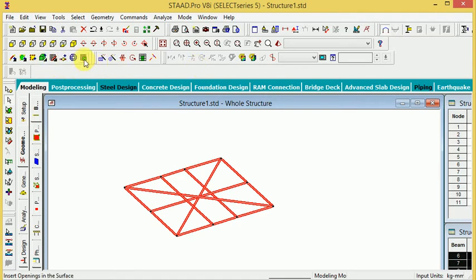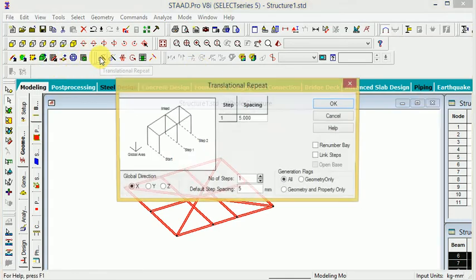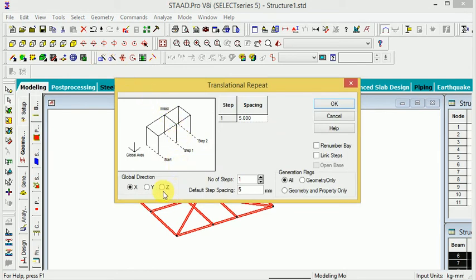So first of all select this pattern repeated, translational repeated, and when you go to Y direction here, because Z direction is same thing is going, but Y direction is upward going. And number of step, we will define number of step, 4 step, 5 step, and between the distance here, if you want to change the distance, easily change, I think 6 here, and I think 8 here, 7 here.